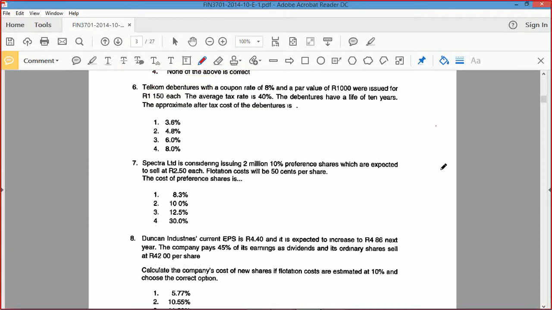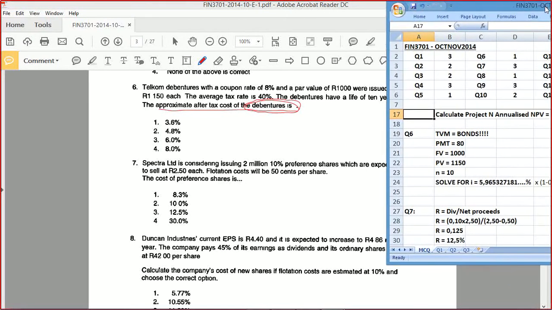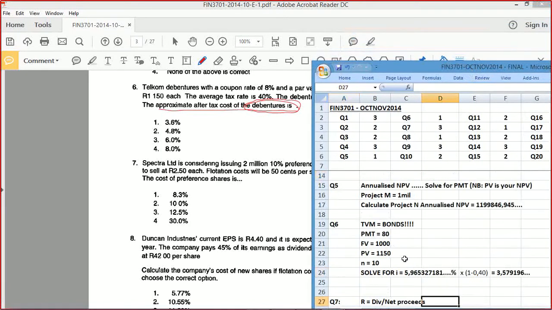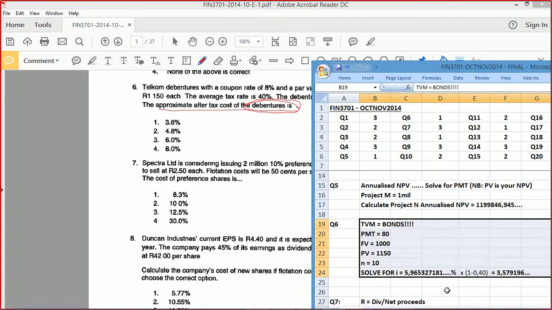Okay, the cost of capital. So you do the whole PV thing, and then you obviously minus the tax. It's option 1, 3.6, I think it is. Yes, looking at the bond calculation, good. So all you had to do there was take the time value of money into consideration. You had to plug the values into the calculator, and then minus the tax off the 5.97. Definitely, because remember, debt has interest that's tax deductible, so you always take off the tax. Okay, then the